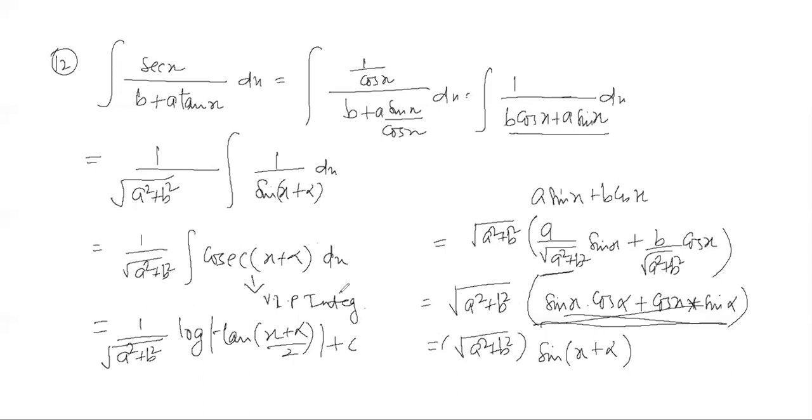So this would be alpha equals tan inverse a upon b. Okay, all right. Very good. The next question is